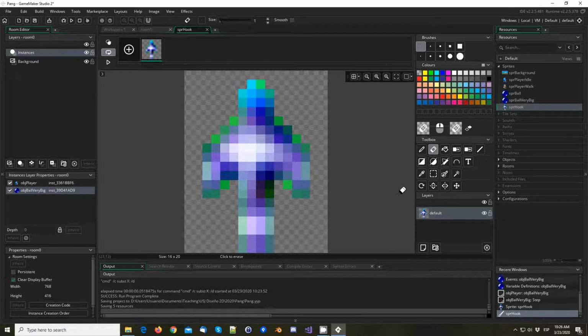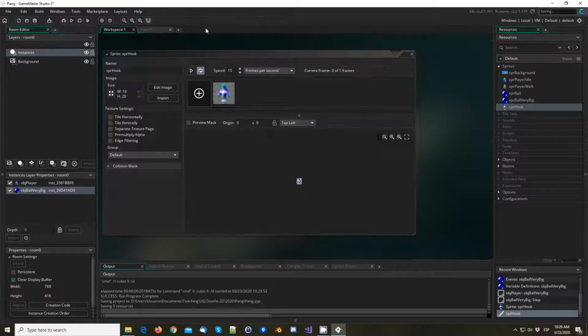Yeah, so this is more or less a hook. I think we can get rid of all these pixels. Here too, but anyway, yeah, it's all right. So this is the hook,